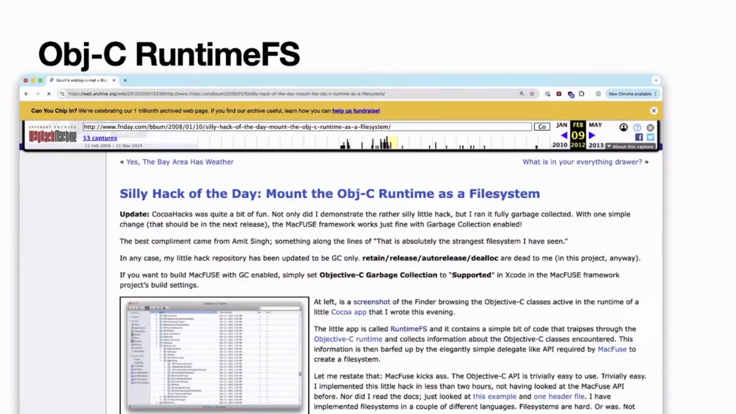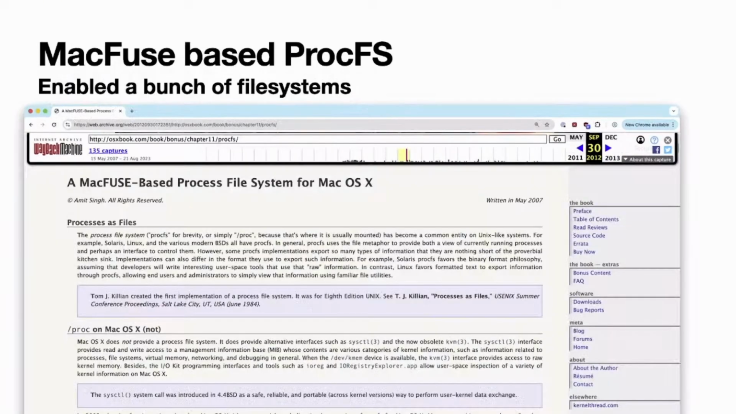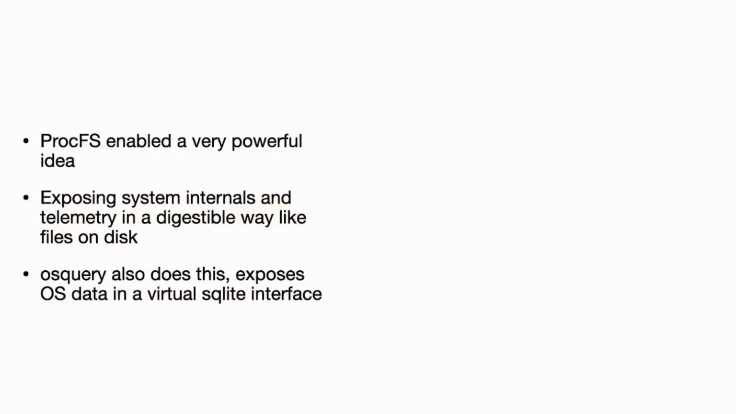But the main one that kind of piqued my interest was ProcFS. It was based on the historical Unix one brought to macOS. So one could just cat /proc/cpuinfo and get details of the CPU. Similarly, one could just cat /proc/PID number and get all the details of that process. I thought this was a really cool idea. It was very elegant, very Unix-like,